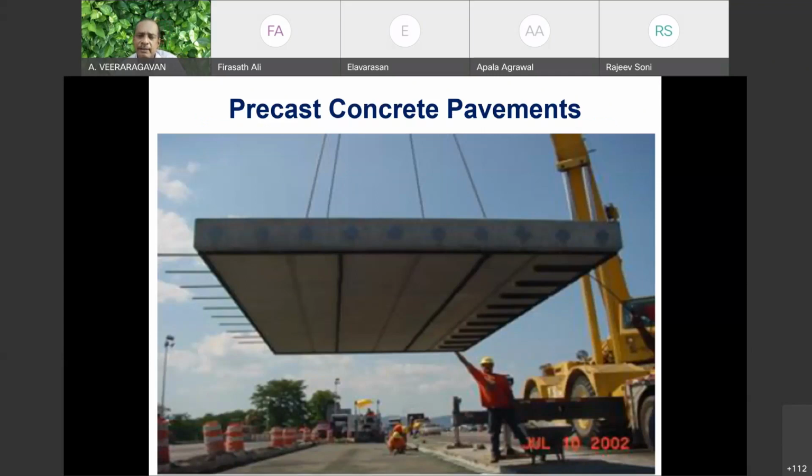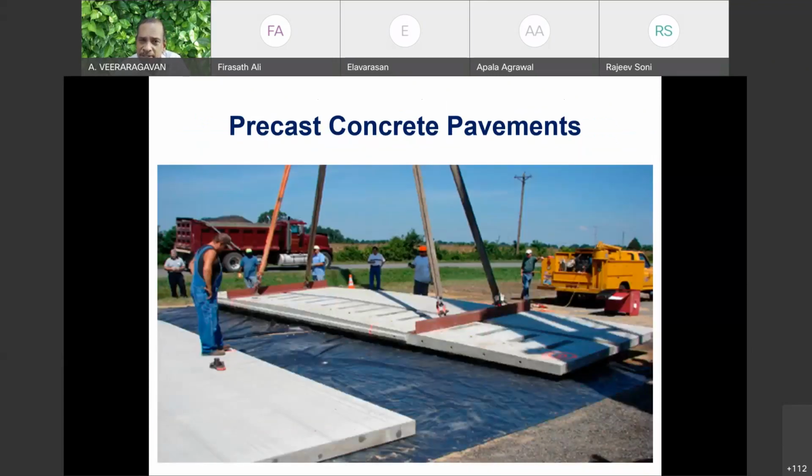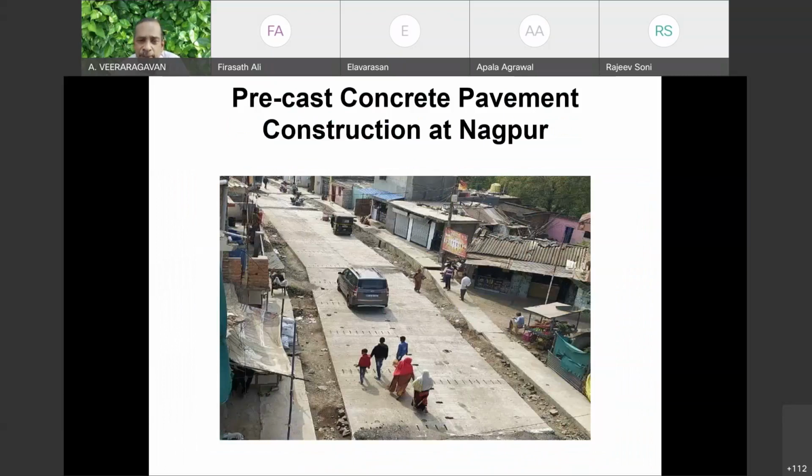I think the future again, sustainable pavement can be in terms of precast concrete pavement. My dream is that today the road should not be there. Tomorrow morning when you come, your finished concrete pavement should be there. Is it possible? Possible. Precast concrete pavement technology is gaining importance. You can precast elsewhere, store it in a central plant, bring it, assemble it at the site. So you can post-tension it at the site. Example being done at Nagpur, currently now in Nagpur. We are fine-tuning the design in terms of joints, how to have a dowel bar, how to ensure a uniform base course. Constructability issues are there. We are trying to sort out this issue, but definitely precast concrete slab is